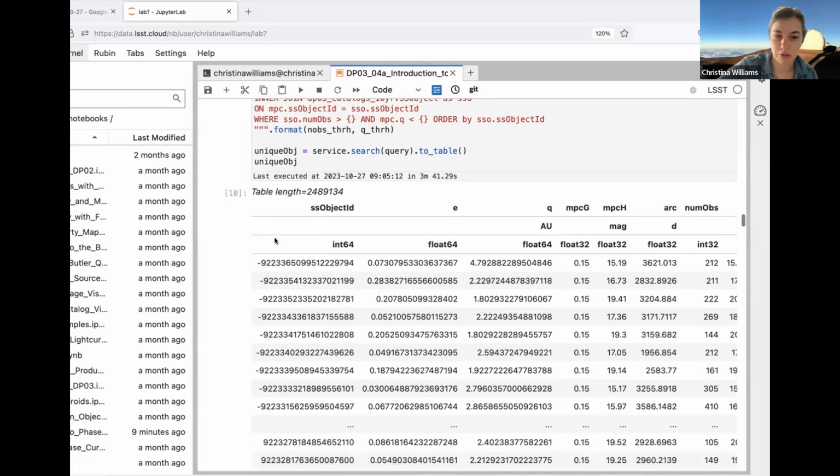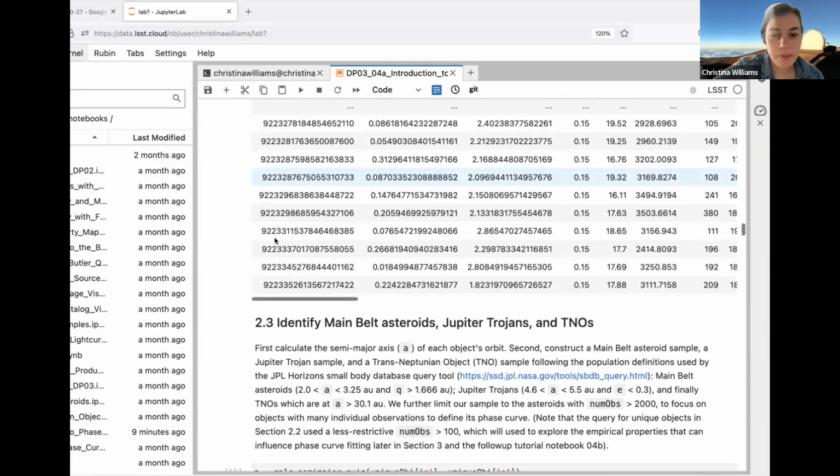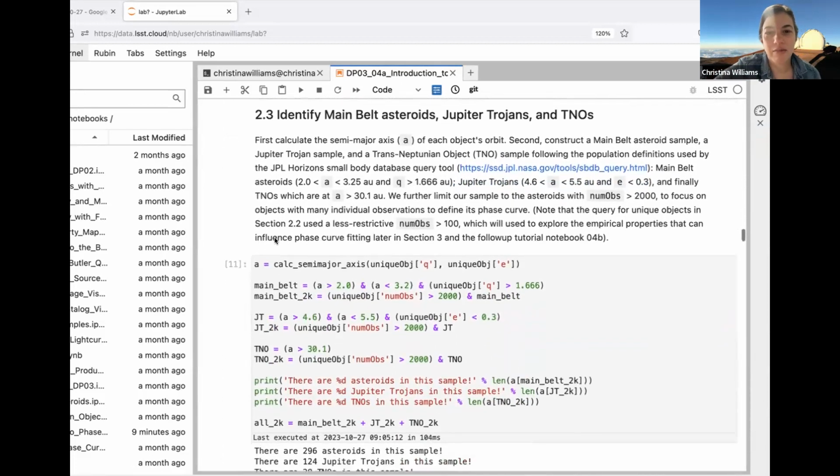So that's what unique object refers to here. Okay, so now we have this full data table of unique objects in the solar system that have been detected at some point with LSST DP0.3. From this set, we're going to try to identify 3 different populations.